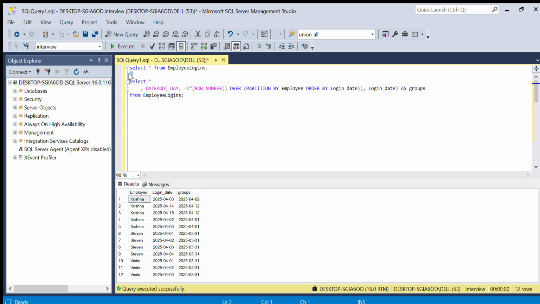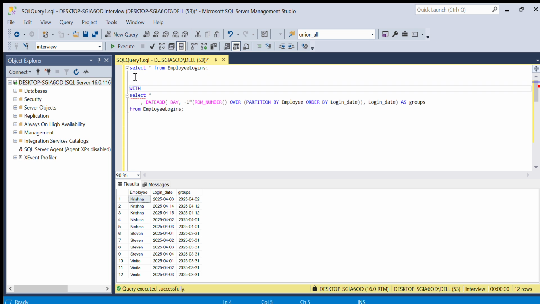I'm taking a CTE here, named constant groups, as, then another, days counts, as